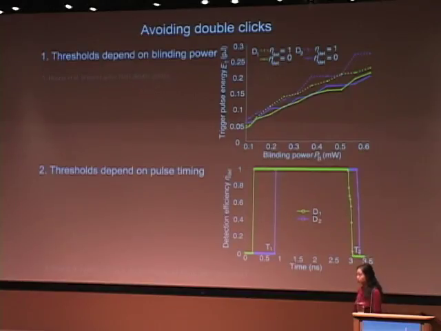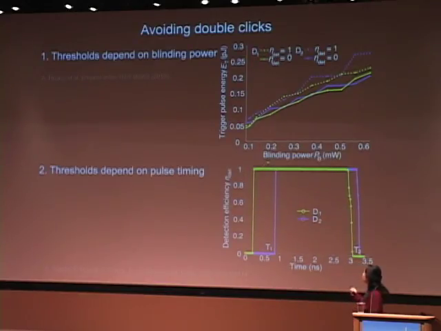The first threshold we measure is the threshold where, if the trigger pulse energy is lower than that, we never get a click, as shown in these 2 solid curves. Another threshold is where, if we apply a trigger pulse energy higher than that, we always get a click. That is the threshold shown in these 2 dashed curves. Okay, so we tested the threshold under different blinding power, and we found some interesting mismatch.